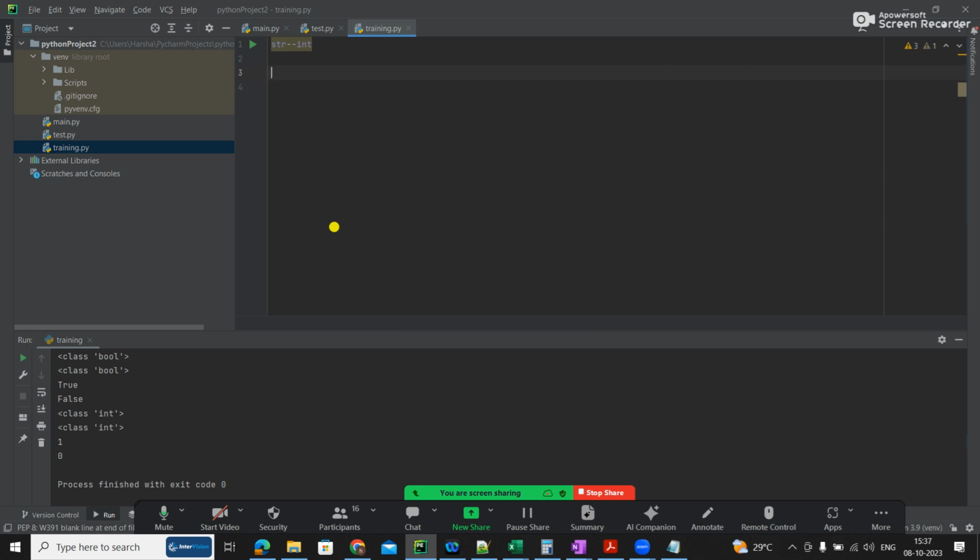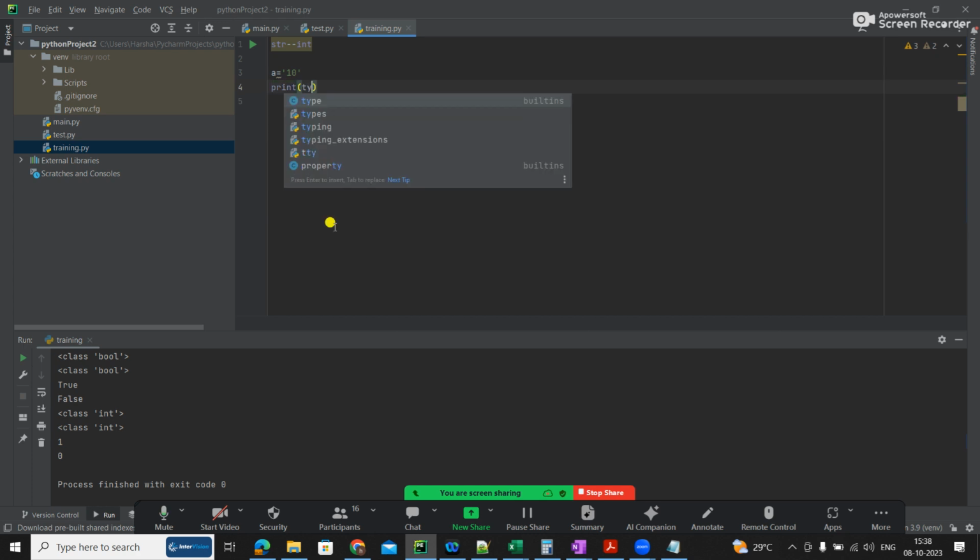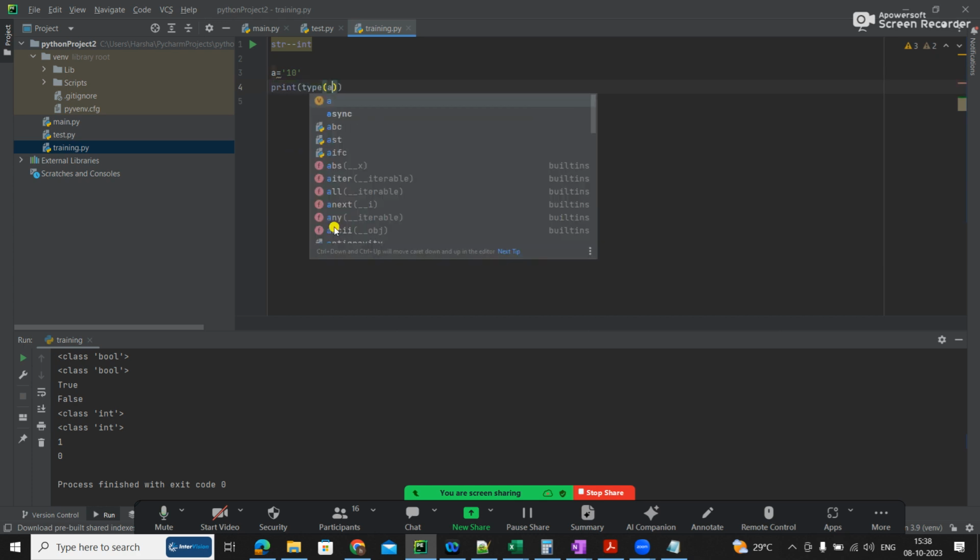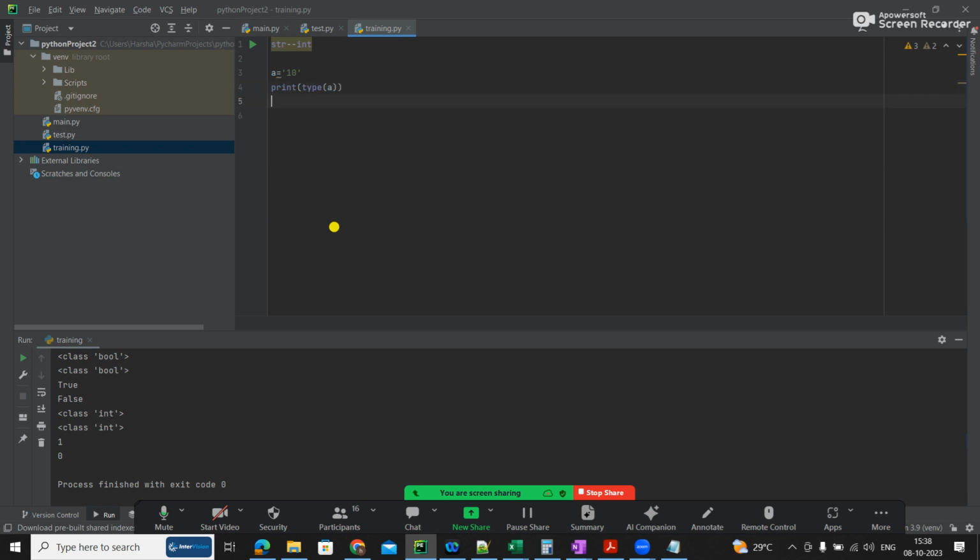People who are able to install, the remaining people, don't worry, you try writing a code like this: a is a string, something like 10. Now this is string data, you know that. How will you know? As soon as you do print of type of a, you will come to know. So now you just convert this to integer. I have already shown how to convert to integer.